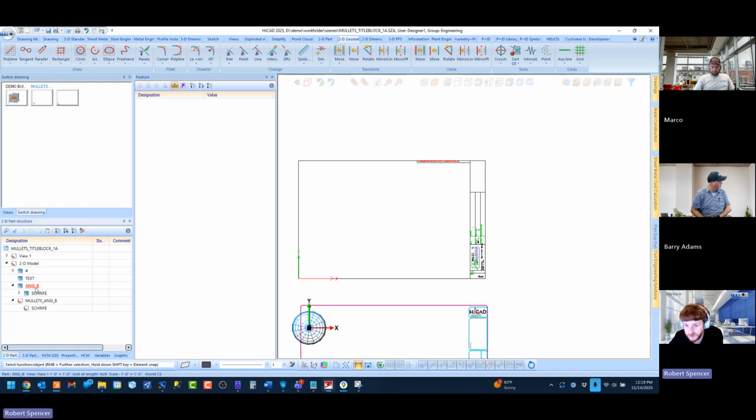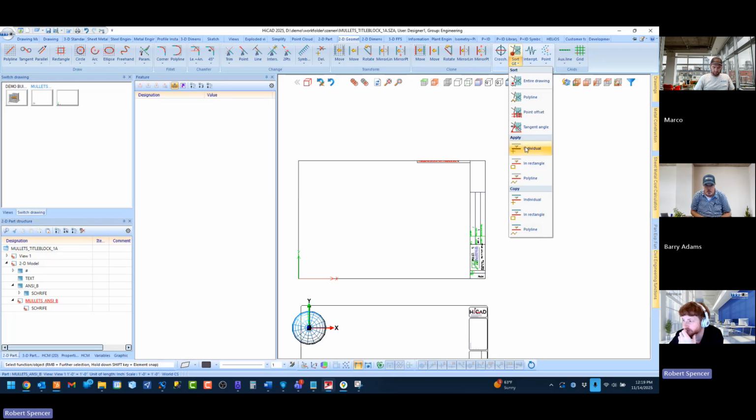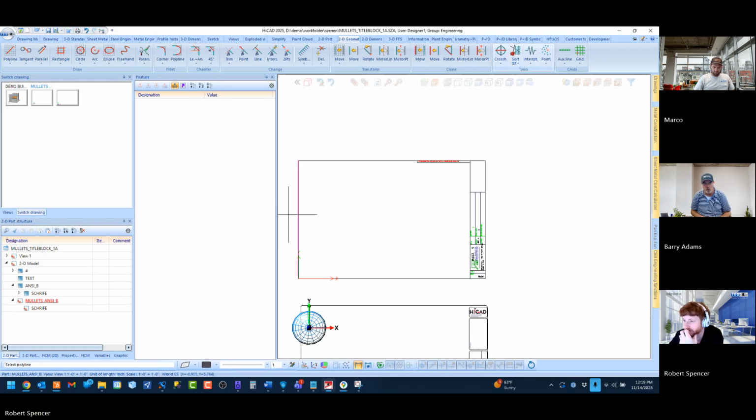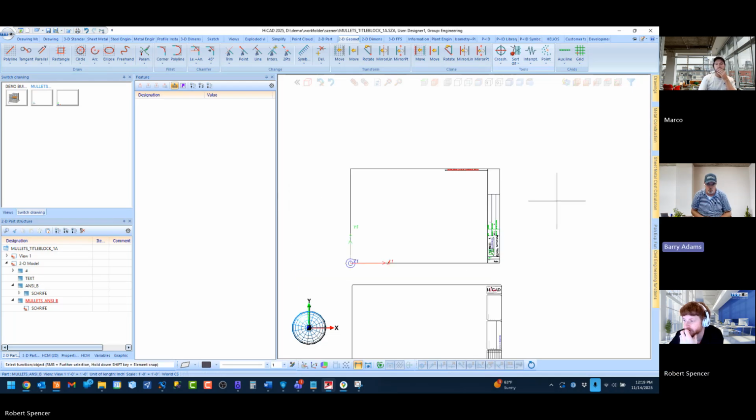So let's see here. We need to isolate this. I'm wondering what would happen if I was to say apply polyline? Is that going to get me the exterior? I think it did. You see how it just grabbed that outermost line, and so now